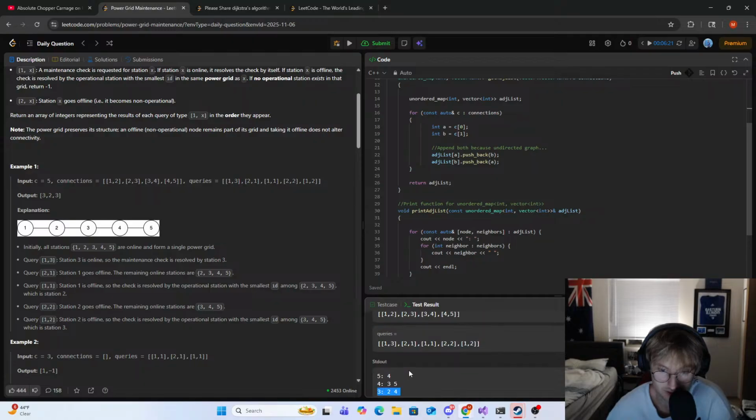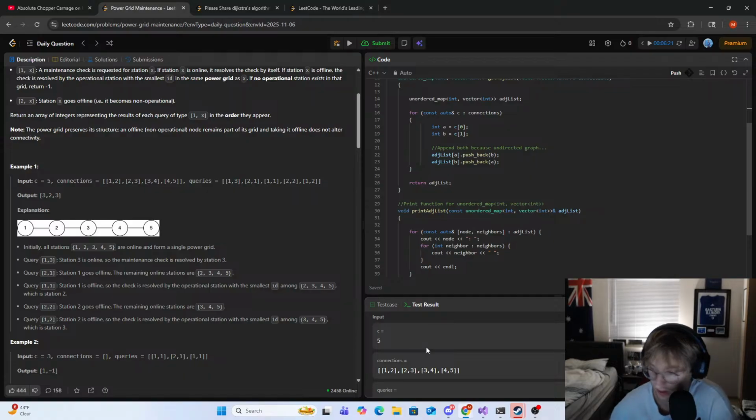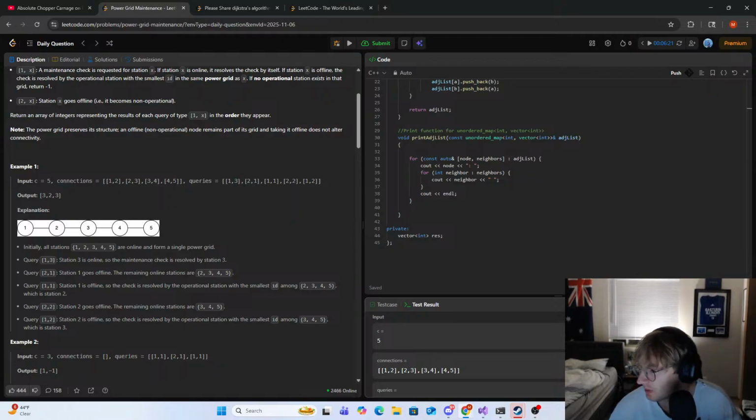Then we got 3 goes to 2, 4. 3 goes to 4, and also goes to 2. So that looks good. 4 is 3, 5. That looks good here. And then our 5 should only have 4, right? Because it doesn't have anything outgoing. I originally thought about this as a directed graph, but